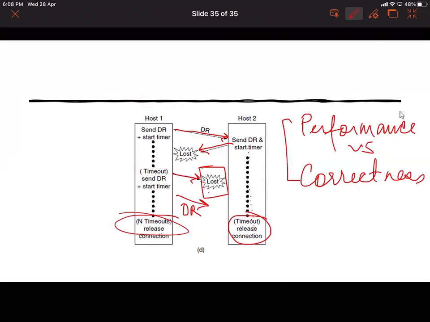For connection release, if we are following asymmetric, then there may be the chance of data loss. And if you are using symmetric, then also you may have to go through this. We use the timeout in order to handle lost packets. So that is all about connection release in the transport layer.